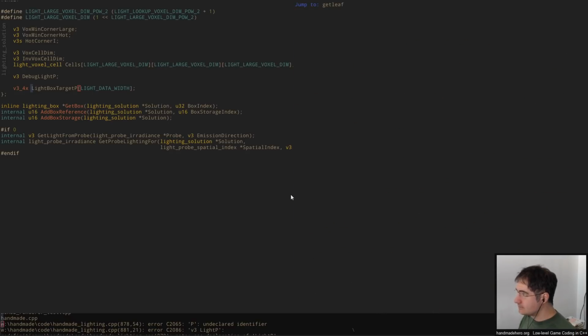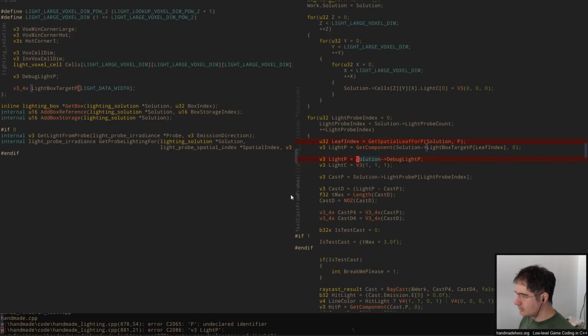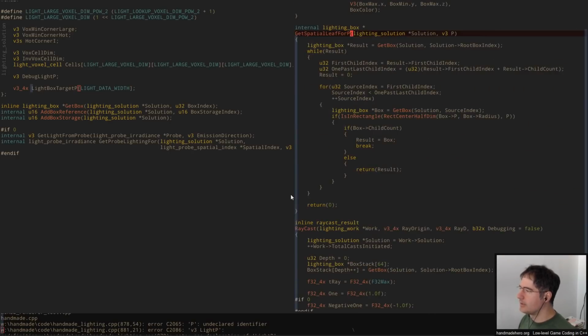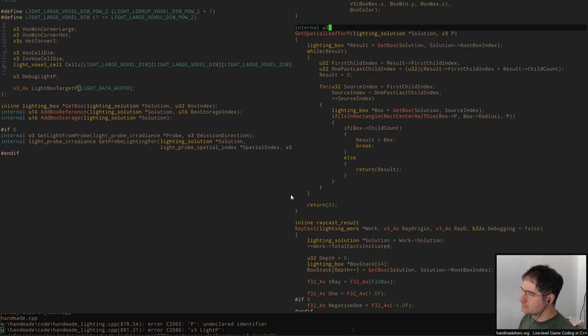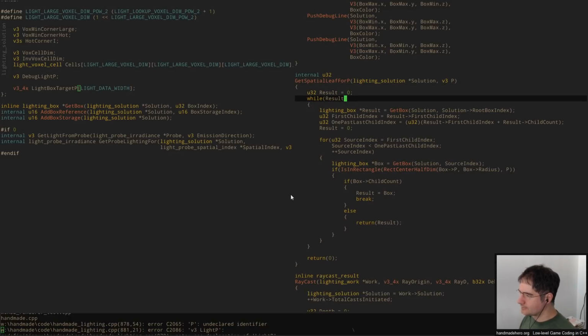What did I actually call that function? Spatial leaf for P. So now what we would do is say, well, the results, I guess so in this case, right? I guess this is starting to look a little bit more sane here. So we could just say, look, we assume the result is 0. While we don't have a result, we would go to the parent here and we'd say,